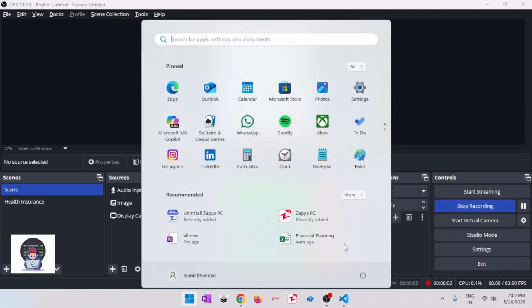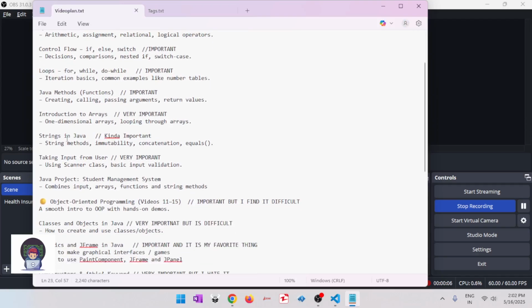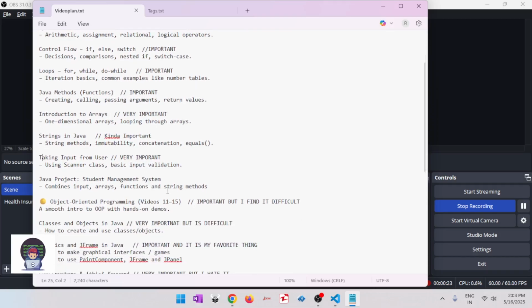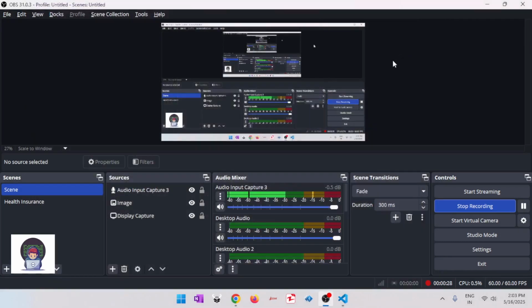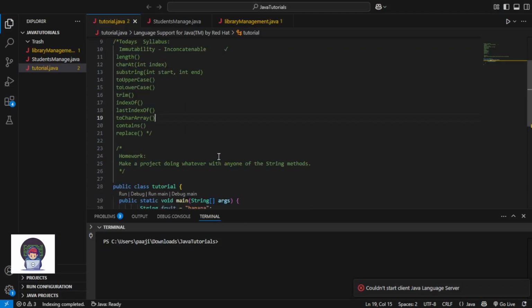Hello everyone. Today we will be covering something which is actually very important. That is taking input from the user, and I have been waiting for around 8 episodes, 7 episodes just to do this. I've been waiting so long because literally millions of projects, literally every project in Java, requires this topic. Okay, so let's start taking input from the user, and let's see what was yesterday's homework.